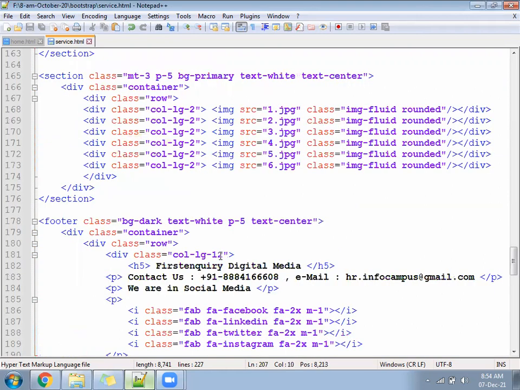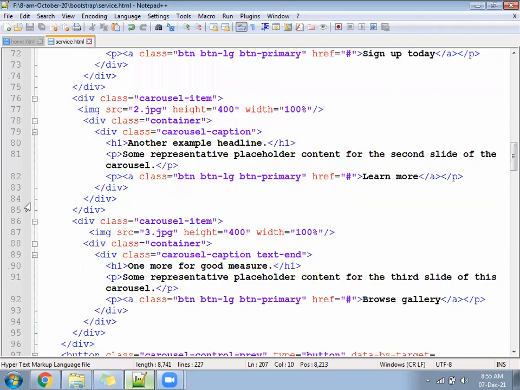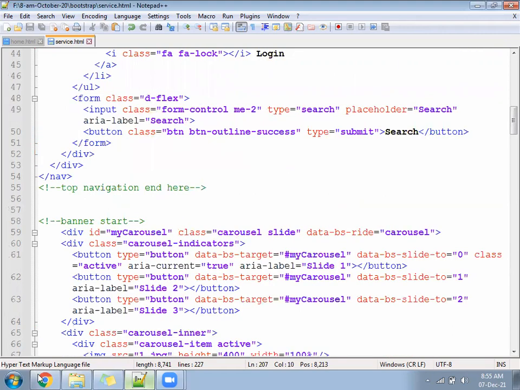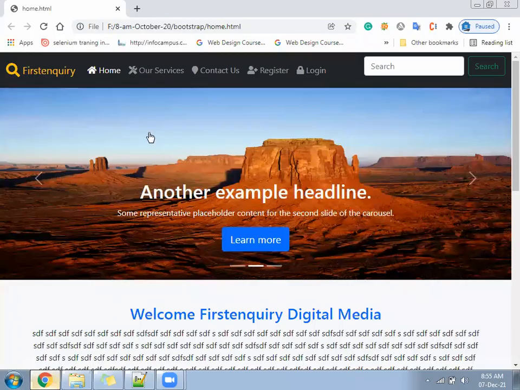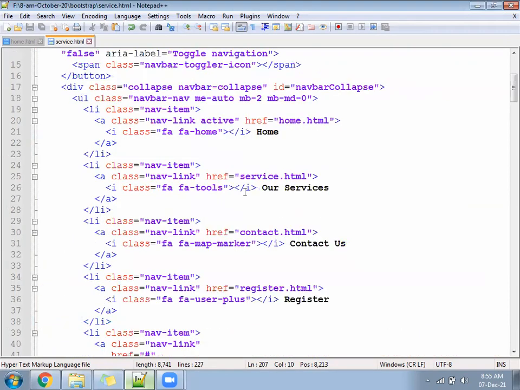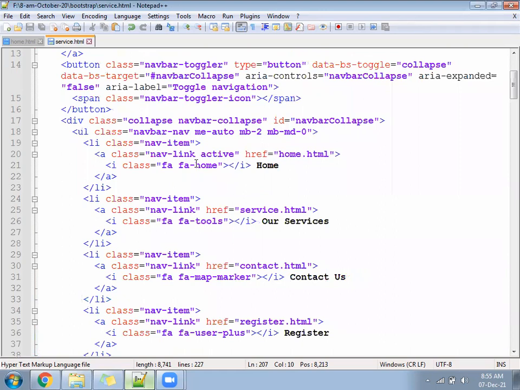From the home file, you have taken everything and pasted it under which file? Service file. Let's come out. See, in the service file also we have links called home and services.